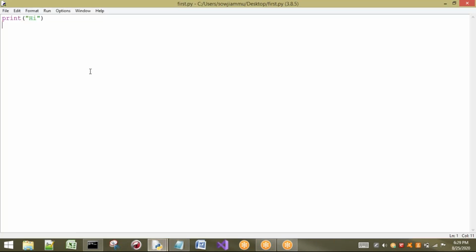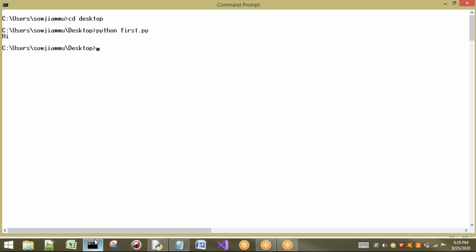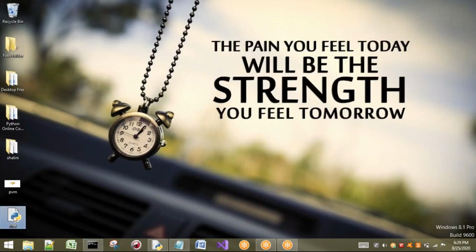So first you have to understand what happens. After creating one file and executing, internally the Python virtual machine is going to execute our program and give the output. Compiling will be done by the compiler and bytecode will be created. Then you may ask me, sir, where is that bytecode? The bytecode will be present inside this file only.